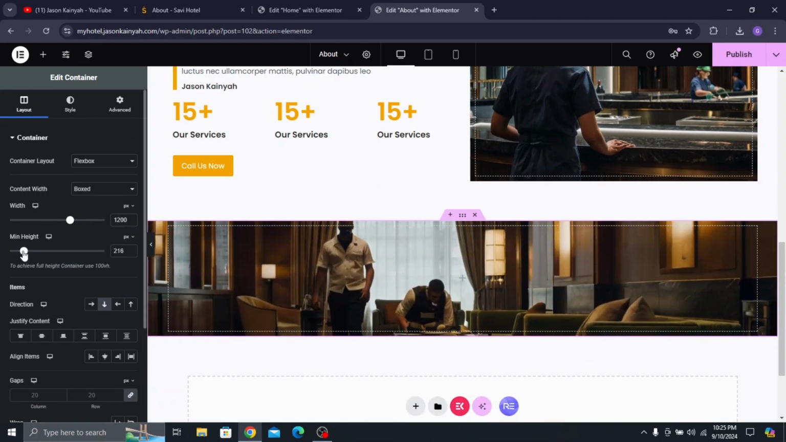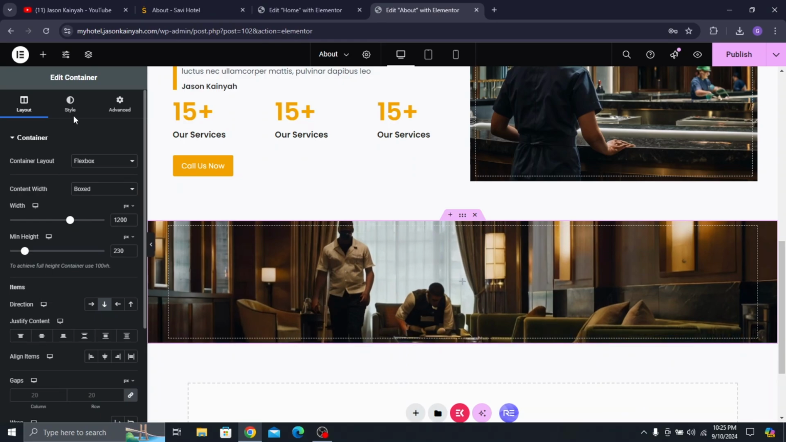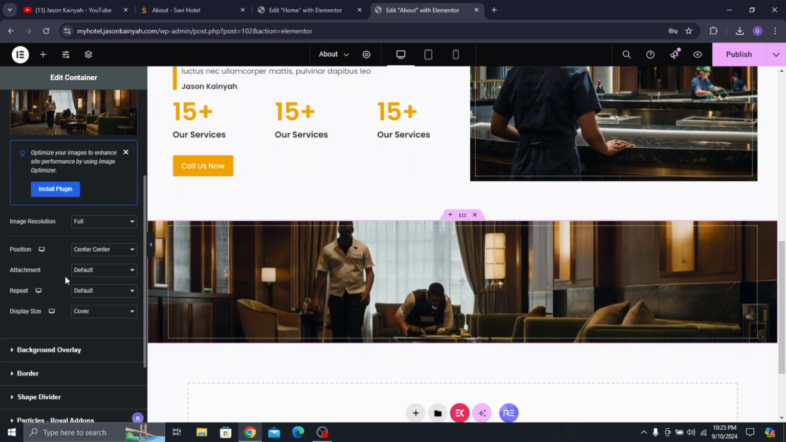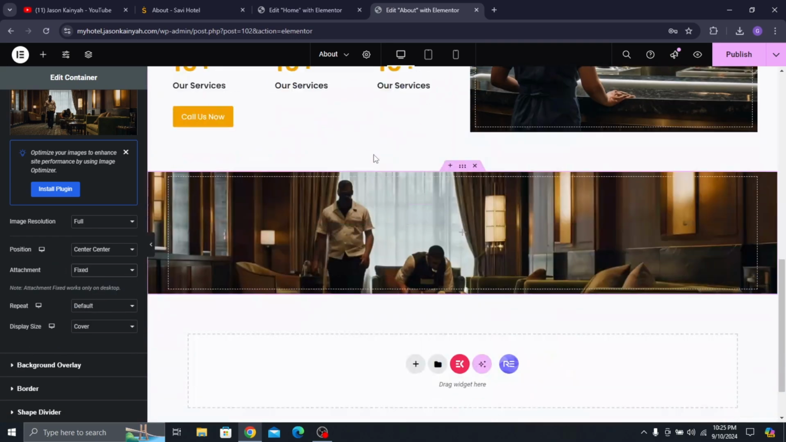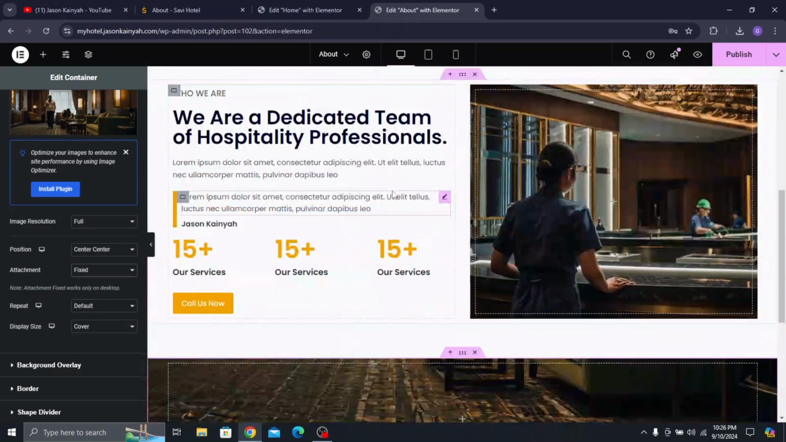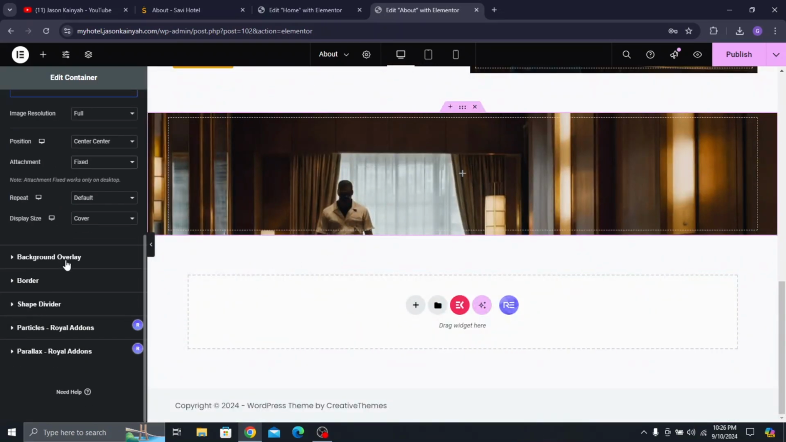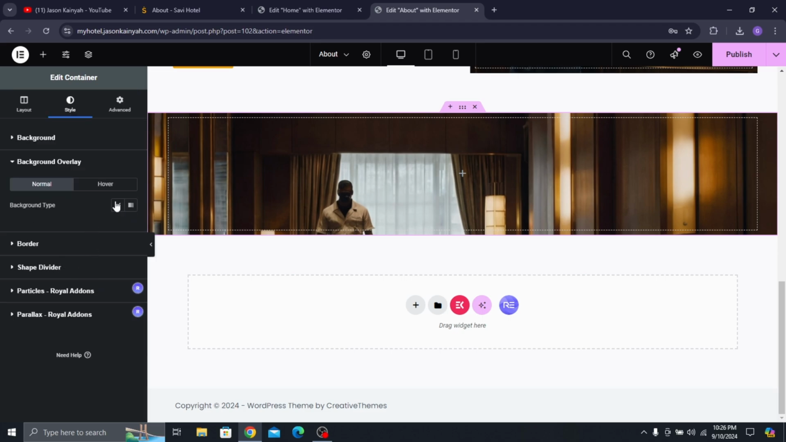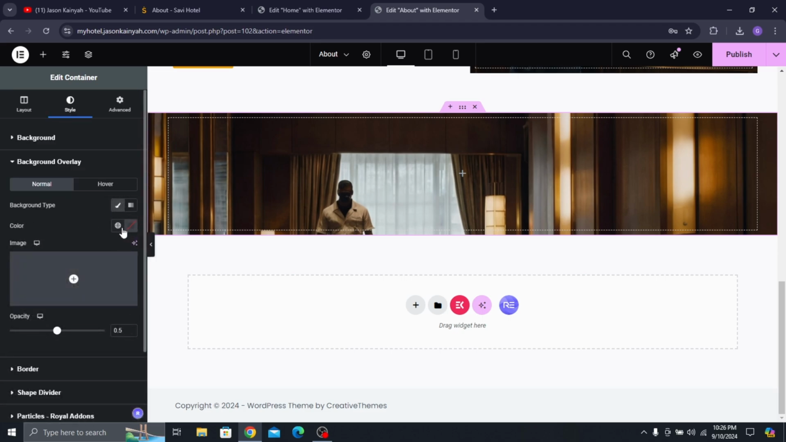This is actually too long, something like this. Now I'll go to style, and then the attachments, select fixed. Okay, select fixed. So when you scroll, as you can see, now you have that parallax effect. Then just go to background overlay, select classic, and then the